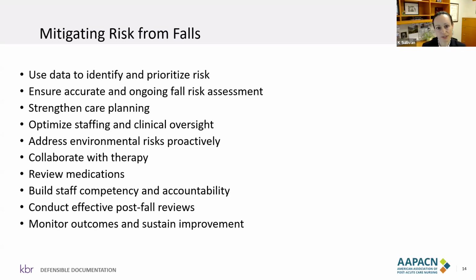Or it could be social work, for example. We know that resident behaviors can change after some time at the facility, and behaviors certainly lead to increased risk for falls. And are we documenting, whether it's in a behavior care plan or a fall risk care plan or in the progress note section, what kind of education we're doing, what kind of social support we're providing, what kind of emotional support we're providing, all of which is going to reduce the risk of behaviors and by extension the risk for falls. So thinking about collaborating, which we're already doing at facilities, how can we translate that collaboration into our documentation is something that's really important to consider.